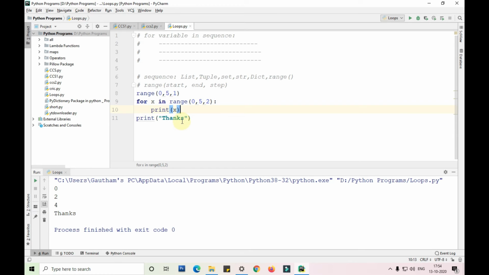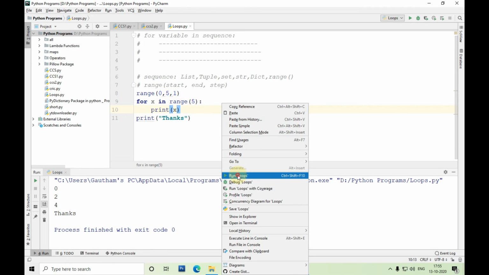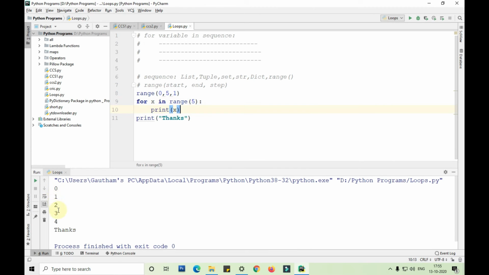Okay, guys. Hope you have understood. Similarly, since we know the range till where we have to print, we are using the for loop here. Okay. So it is not mandatory to give the start and step here. It will by default take the step as 1, and it will by default take the start as 0 if we don't give the start and step here. And whatever value we give inside the range function, it will take as the end. So let me run this and show you. You can see the output is still 0, 1, 2, 3, 4.